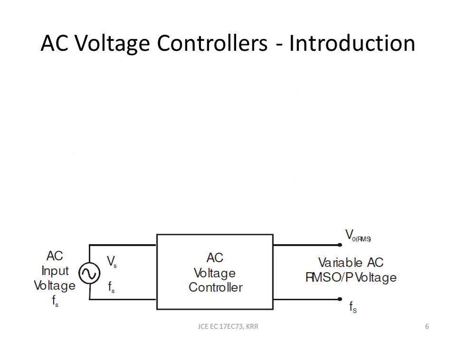If you look at the AC voltage controller in the block diagram, we can see that the input is an AC voltage Vs, with Fs as the input frequency. Both of them are going to be fixed. When we apply AC voltage controllers and control the output using the firing angle, we are going to get a variable AC voltage in terms of RMS output voltage, and a fixed frequency in this case.